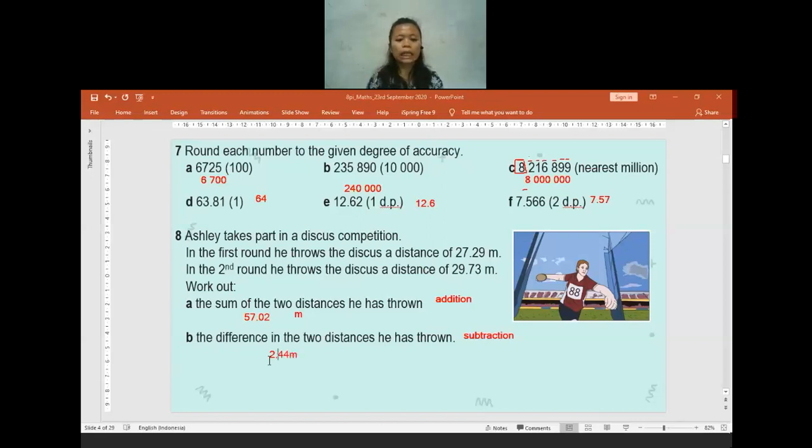Any questions so far, or maybe my explanation is too fast, or maybe I make any typo or anything, you can tell me. No? No question for sure? Okay. If you really have no question, please kindly take a screenshot so I can continue to question 9. Okay, I'll move to question 9.